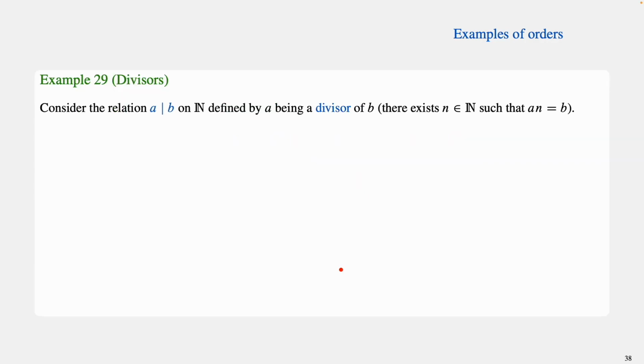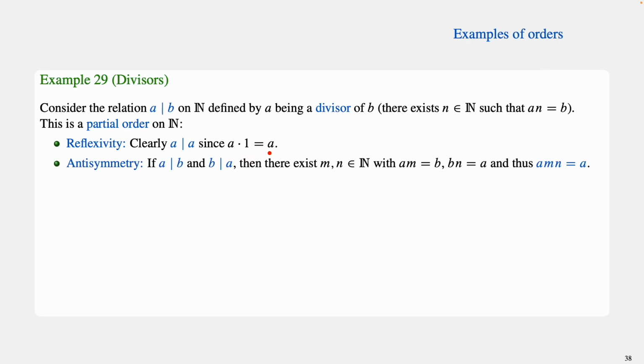The next example are divisors. So we look at the divisibility relation on the natural numbers. If we have two numbers A and B, then we use this notation here, A bar B, which we read as A divides B, defined by A being a divisor of B. So there exists some natural number n such that A times n equals B. And this is a partial order on N. It's clearly reflexive because A divides itself, because we can just multiply it with 1 to get A again. It's anti-symmetric